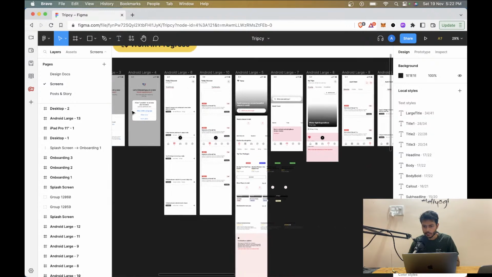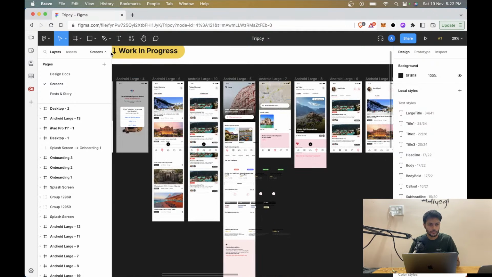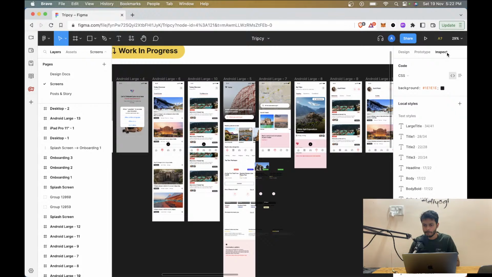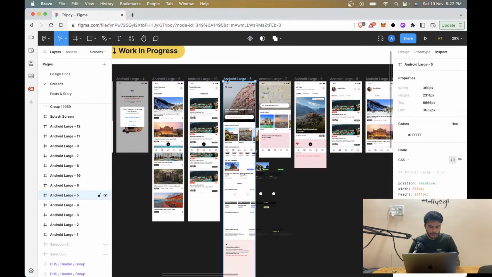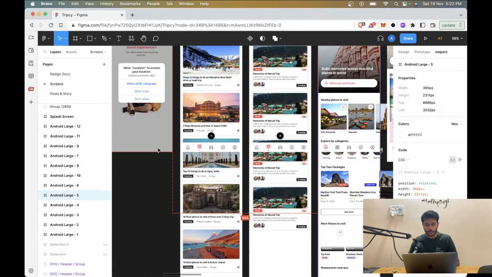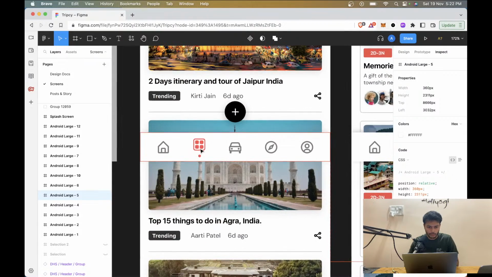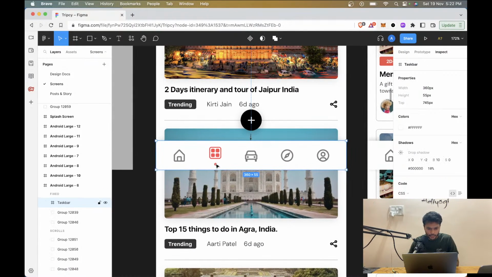Hope nothing has changed over here. So we were trying to build this page, and today we are going to focus on this tab navigator. I just want to edit these icons. And there is one more thing over here, like we need to figure out a way to